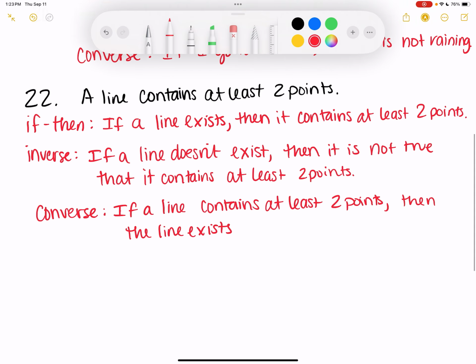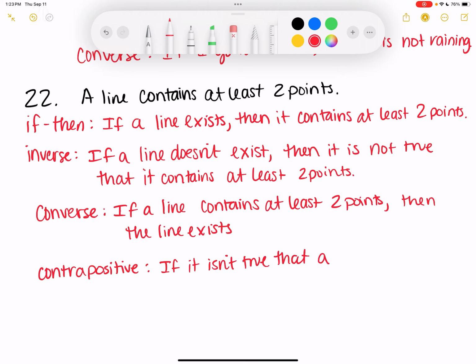Then the contrapositive is the inverse of the converse. Okay? So we're negating both pieces of the converse. So if it isn't true that a line contains at least 2 points,